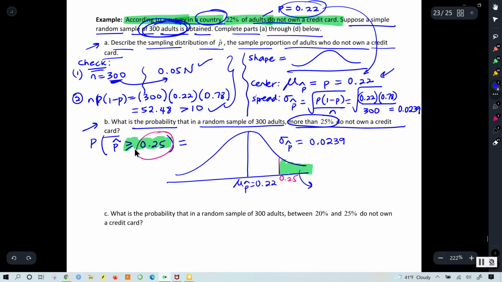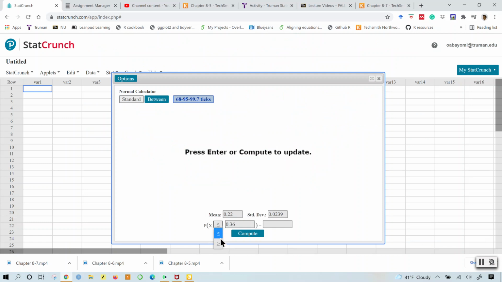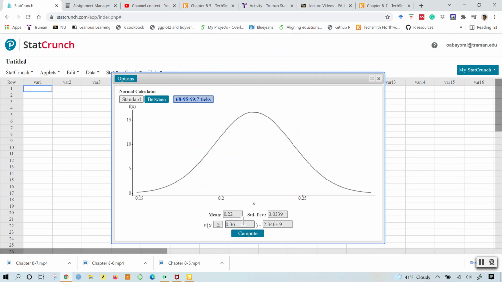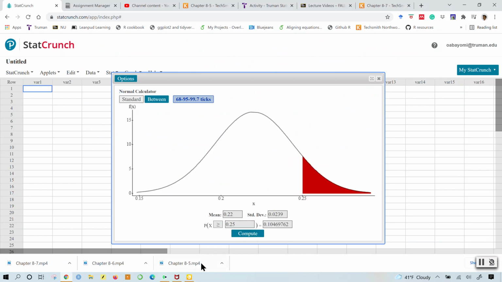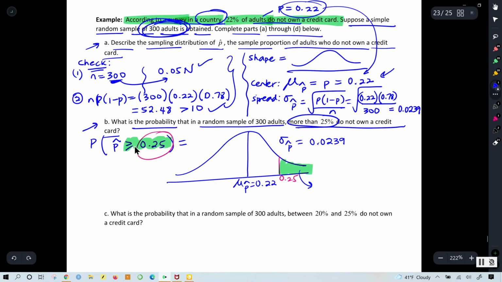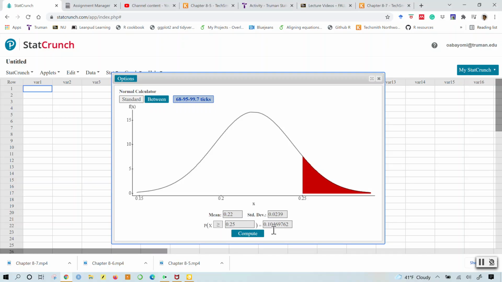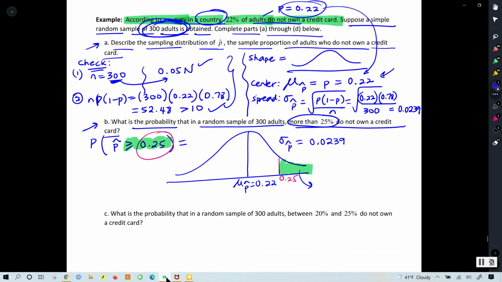So I want greater than or equal to 0.25, and I will adjust that. Greater than or equal to 0.25 and compute. So take note, greater than or equal to that, and you have 0.1047. Okay, that is our answer there,